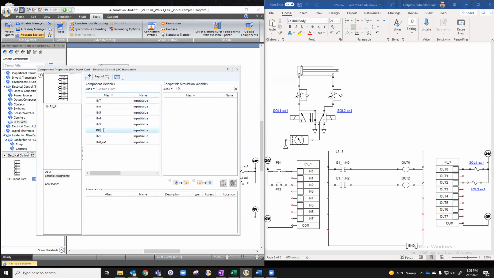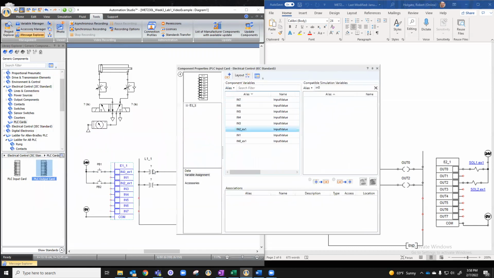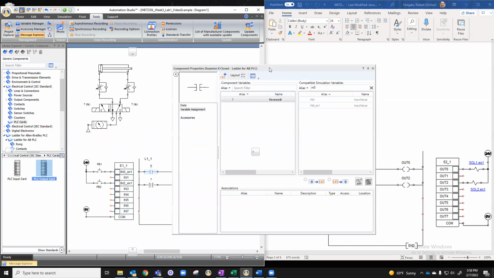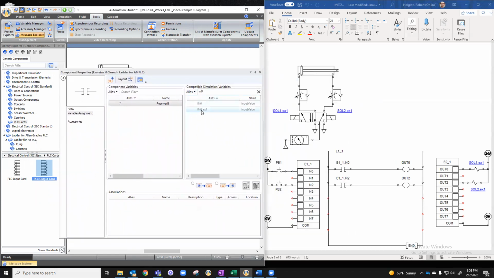And I was also wanting to use input 2 here, so I'm going to do the same thing. Exercise 1 is the input 0 slot for exercise 1, input 2 slot for exercise 1. And now that I have those in there, I can then go to my contact here, and I can see in my search that I now have one that's set for exercise 1. So I'm going to double click on it. And now it has the name here,